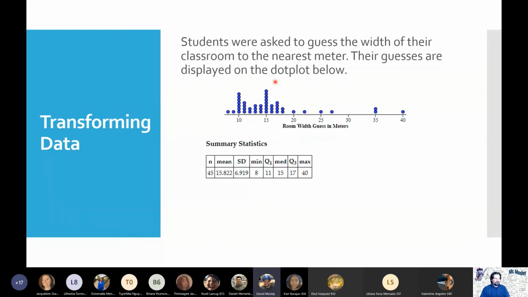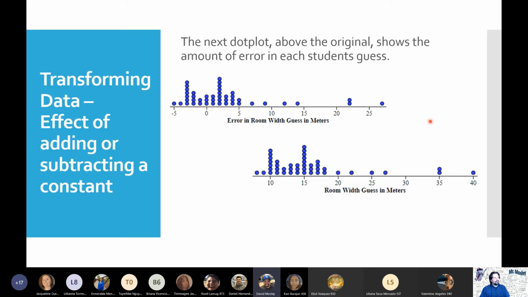Okay, so we have this distribution skewed to the right. The median is at 15. Right, mean is almost the same at 15.8, just a little bit higher. So here we have that. Now,